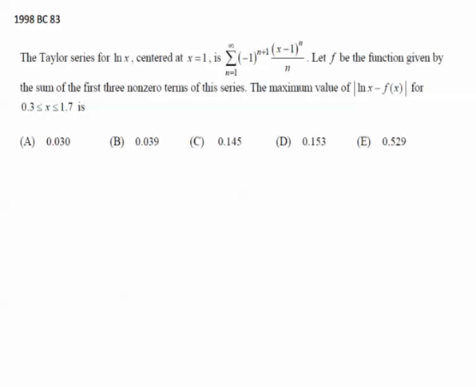is what? Well, first of all, the maximum value of natural log of x minus f of x, absolute value, that is the difference between the actual and the approximating function. Ln of x being the actual function, f of x being the approximating function with three terms of the infinite series. And we take the absolute value of that, that'll tell us how far the two are apart over that